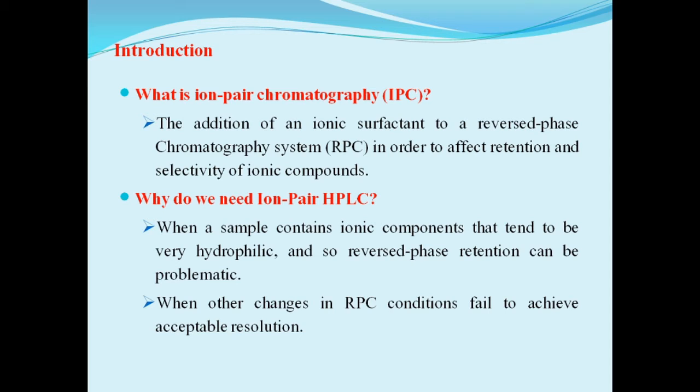Besides an organic modifier, an ion pair reagent is added to the eluent, such as water, aqueous buffer solution, etc. Depending on the chemical nature of the analytes, this ion pair reagent is added. Ion pair chromatography is particularly suited for the separation of surface active anions and cations as well as transition metal complexes.